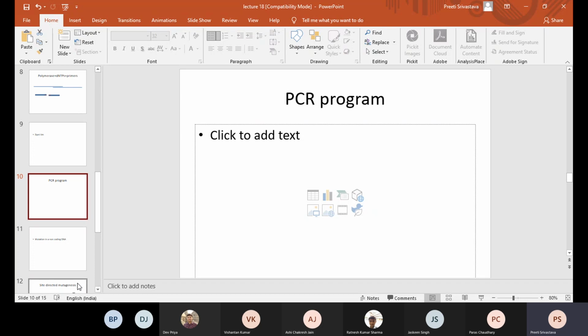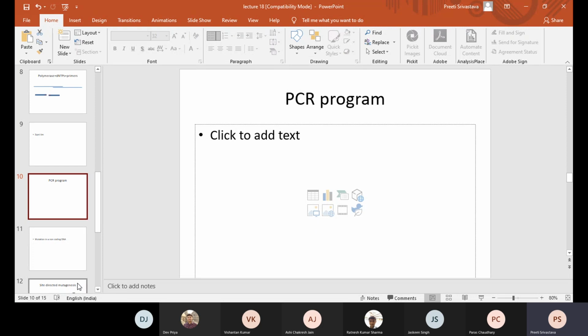Or try doing RFLP, where by mutation a new site for a restriction enzyme is generated, and then you can analyze that. So this can be another possibility, that you can check how many are mutated and what is the kind of background, right?